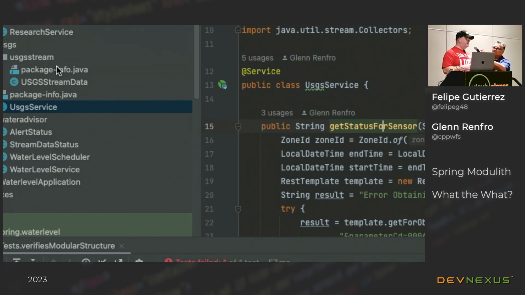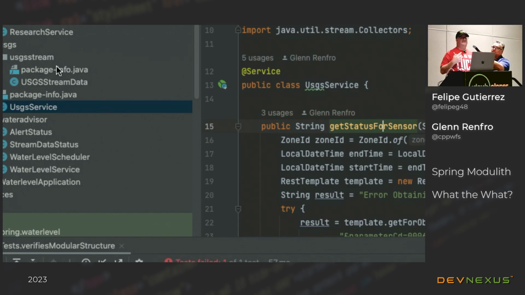So that's actually a great question. The question was, is there a way which we can integrate this into Eclipse? Spring Modulith is an experimental project that is planning on going full GA later this year, probably the fourth quarter. So at that time, those features will be added. So right now, it's still experimental.